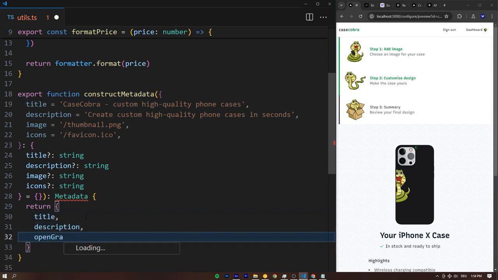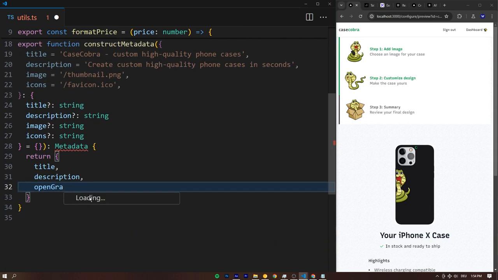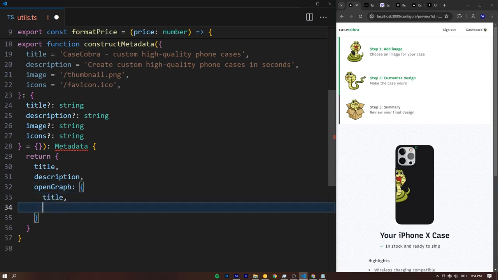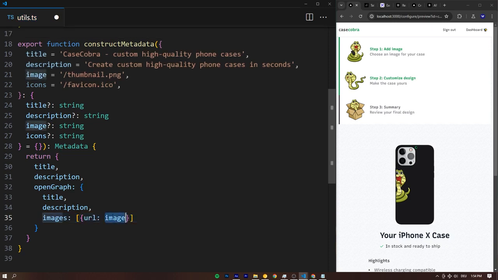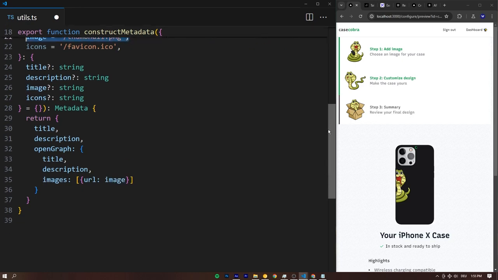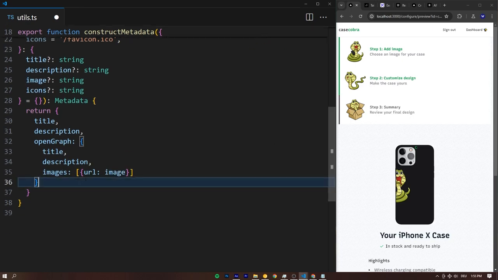So this is something the metadata also takes. And right now my PC is super slow again, so screw it, I can't show you anyways. This is going to contain the title, the description as well, and also the images. And the images are nothing else than an array of objects containing a url property. And we can just say it's going to be the image that is passed into the constructMetadata, or the thumbnail.png that we have set to be shared as the open graph image